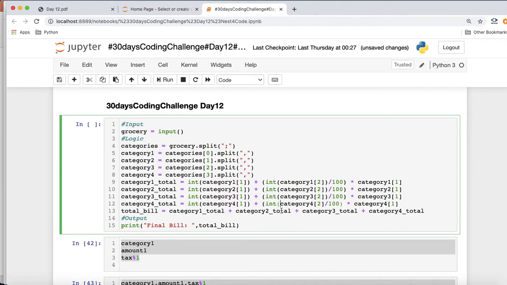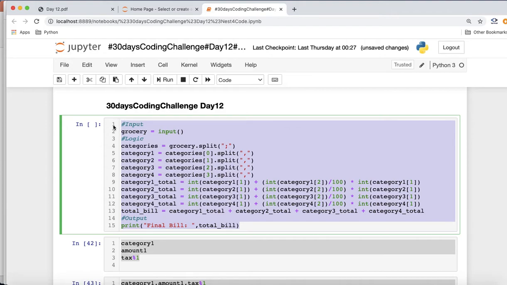Yeah, the final amount can come in decimal form. And this will also be an integer. We need to take care of data conversions whenever we are dealing with different data types. Like if we are reading data in the form of a string but it's actually a number, we need to convert it like this. So we have converted all the amounts and all the tax percentages, and the amount also for all the categories. Then only we'll get the correct result, right?